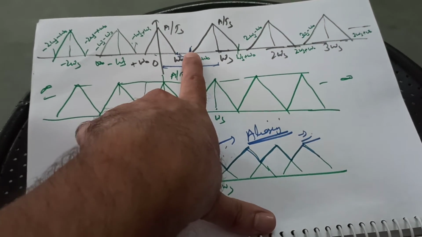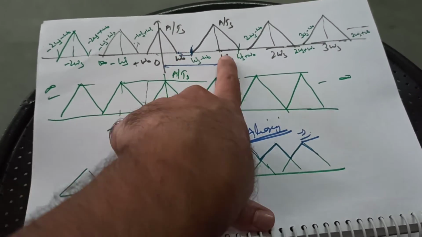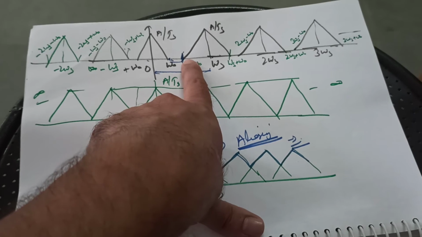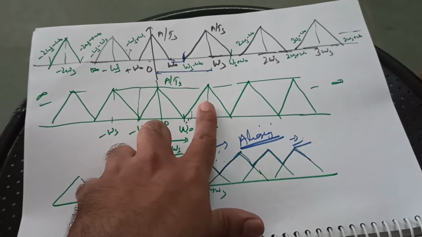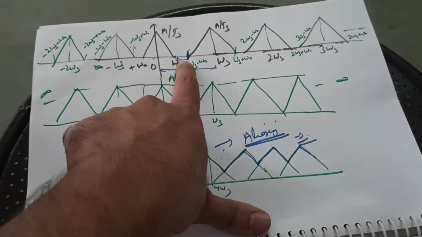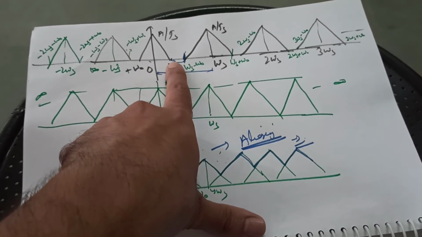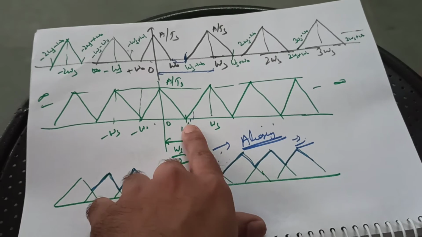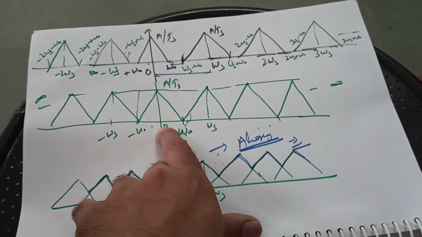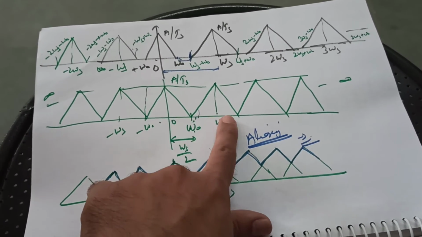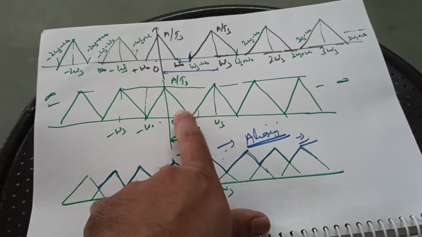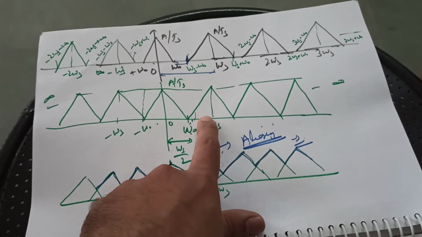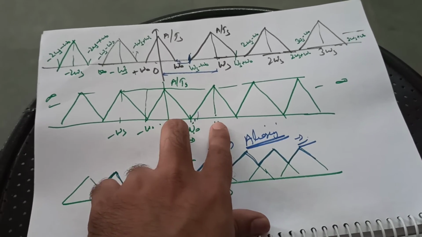This is a very good case where this is omega naught, this is omega s, and this is omega s minus omega naught. Okay, now if you look carefully at the limiting case when omega naught and omega s minus omega naught should coincide, so we can directly say that if these triangles are equal, then this is omega naught, then this is also omega naught. So this will be 2 omega naught and this is omega s.